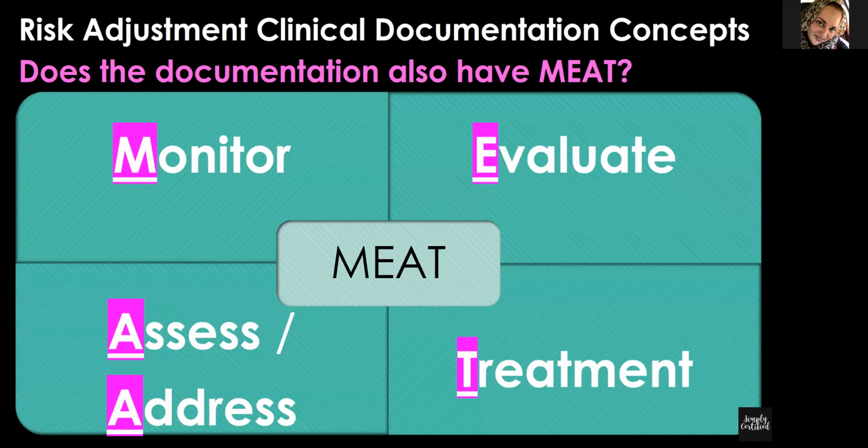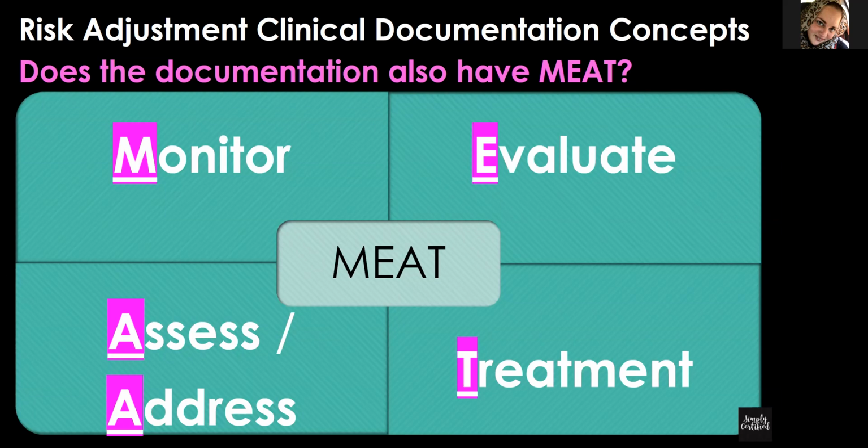Now that I'm done harping on the guidelines and drilling that in, I want to talk about risk adjustment and clinical documentation concepts for a little bit. So why is that important with diabetes? That's important because of all of these combination codes and all of these other systems. You're going to have a lot of codes when you're coding for diabetes that isn't stable. Let's just say that. And that's important because a lot of these codes are HCC codes, meaning your documentation has